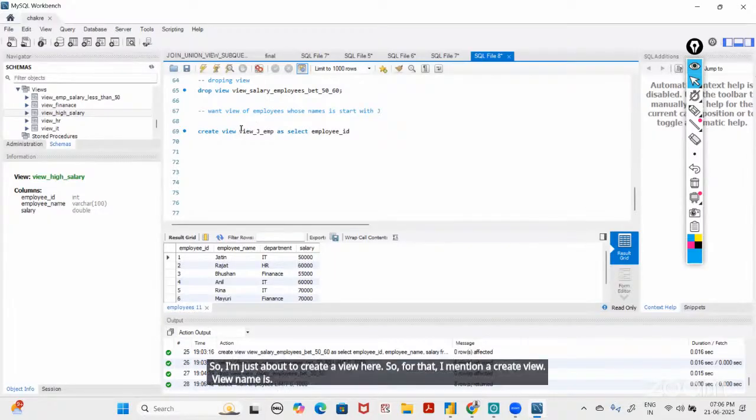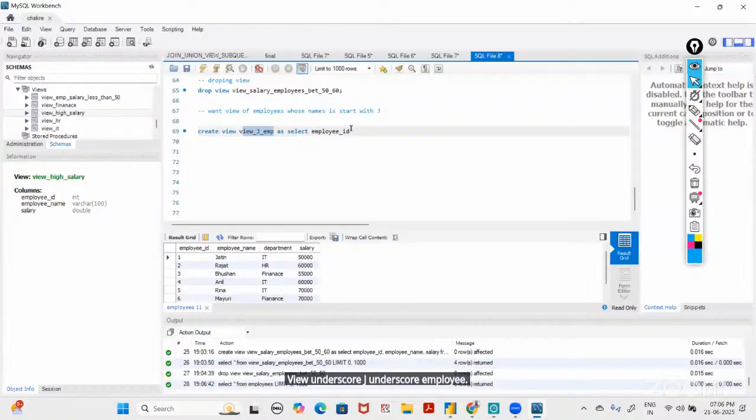View name is view underscore J underscore employee as select, where I'm going to choose employee ID, employee name, department. Okay, create a view name as this, and these are the feature names that I want in this view, from my table. Let me write salary also. I choose employee ID, employee name, department, and salary from my table name, which is nothing but employees,